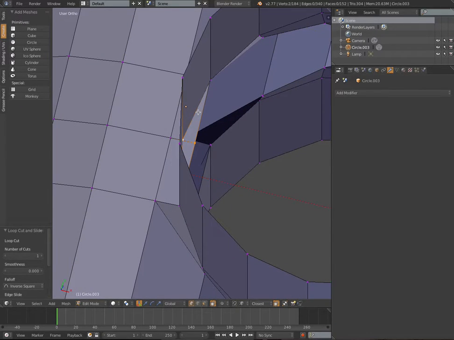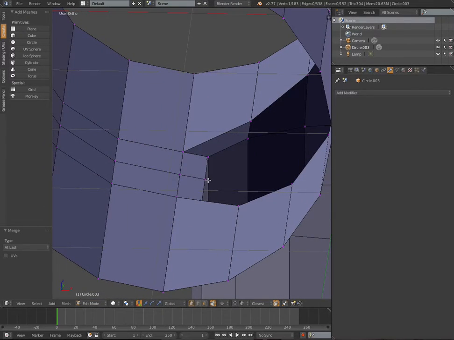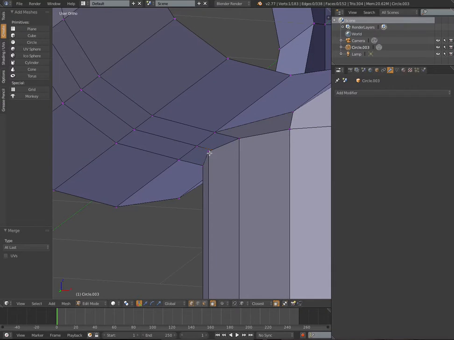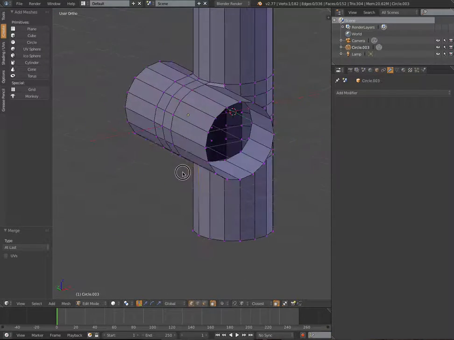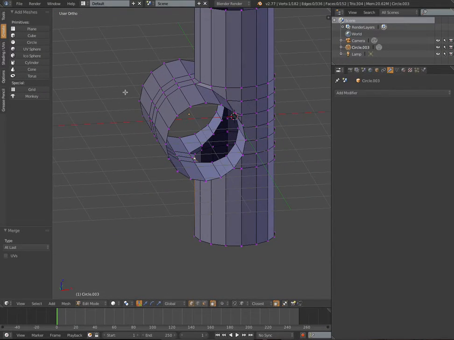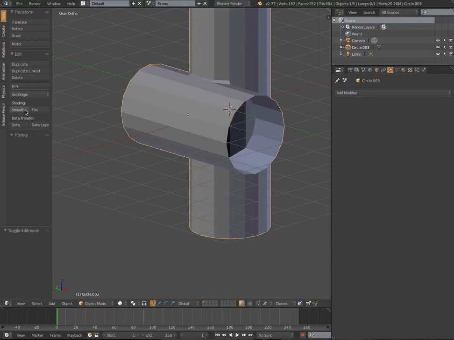I am going to merge them at last because this one was the second one I selected. I'm going to do the same thing here. Select this vertex, select this vertex. I'm going to merge at last. There you go. Now, let's just take a look at what it looks like right now without any supporting